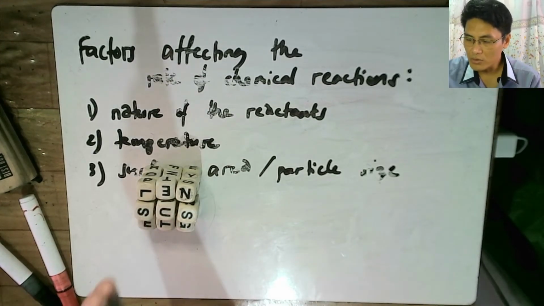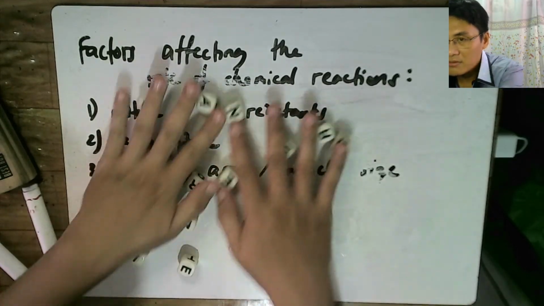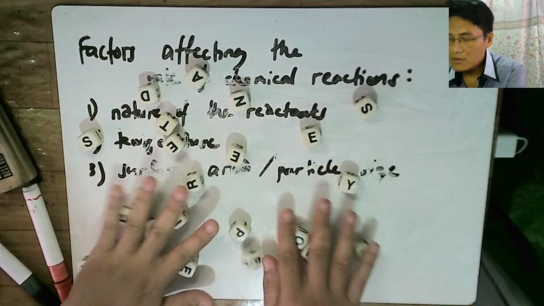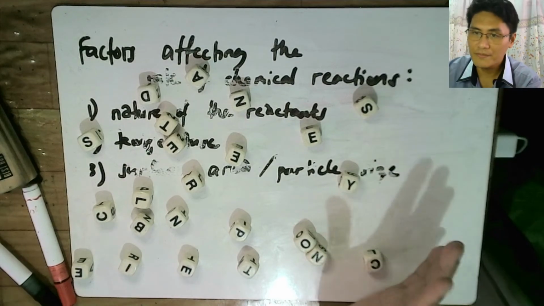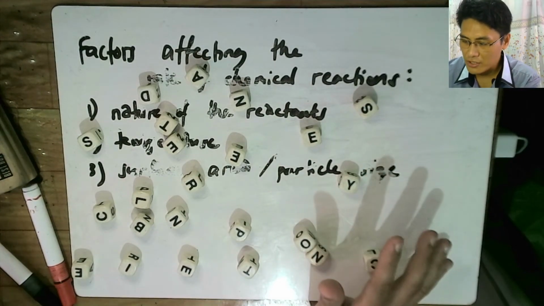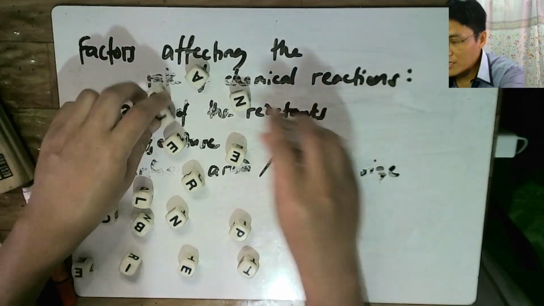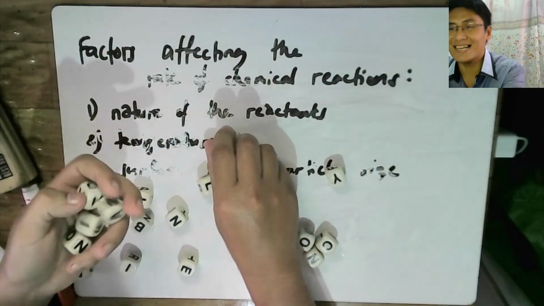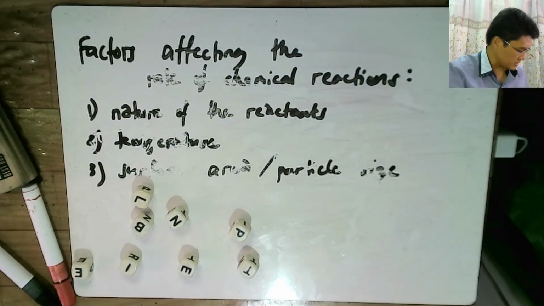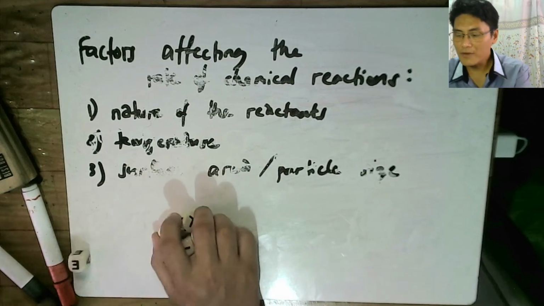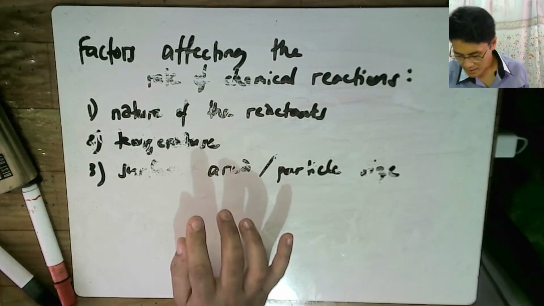But if I'm going to pulverize this particle, now all of a sudden, all of those reactants are available for collision. And if they're available for collision, meaning they could have more collisions. More collisions means more successful collisions. More successful collisions means more products formed. And therefore, the faster the chemical reaction is. Right? So,